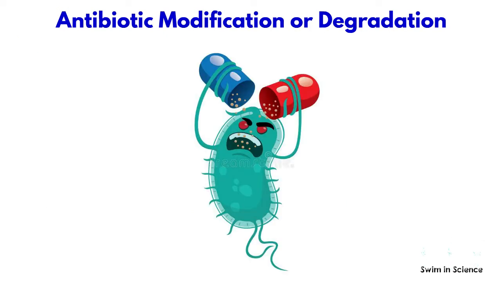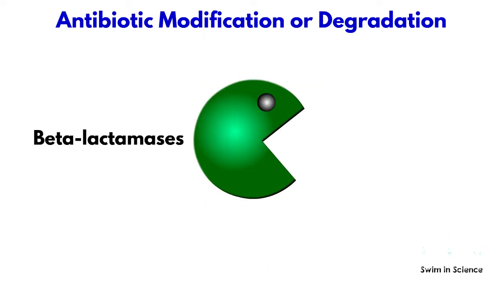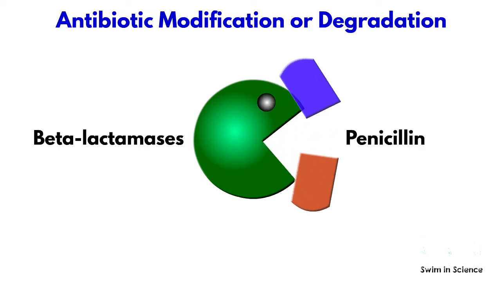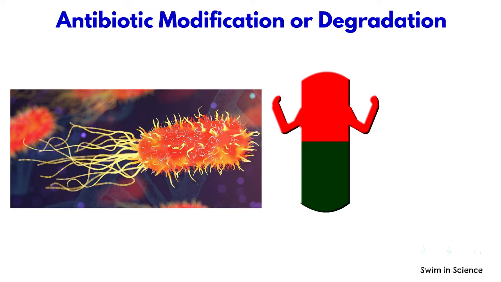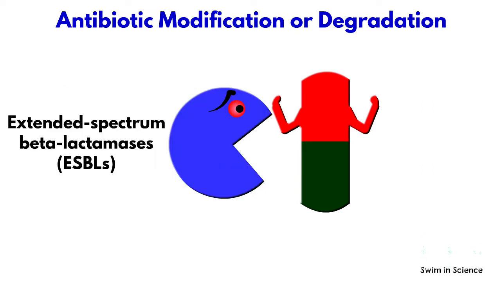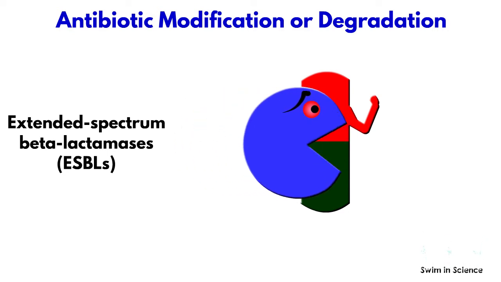Some bacteria produce hydrolytic enzymes that can degrade antibiotics. For example, enzymes called beta-lactamases inactivate beta-lactam antibiotics such as penicillins. In order to overcome this problem, strong beta-lactam antibiotics which are less susceptible to beta-lactamases were developed. However, the pathogens have evolved in their resistance by producing extended spectrum beta-lactamases or ESBLs which can degrade these strong